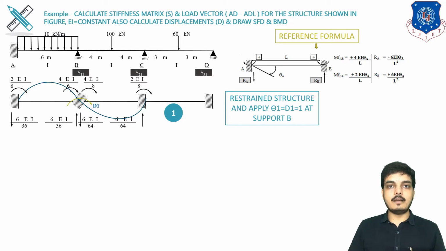Now, one more thing I would like to tell: here we have kept theta equals to 1 because we have to find that unknown. So we are considering unity. As a formula of stiffness, apply unit action and find out displacement. So we are moving with that rule. You can even see this reaction has been placed.